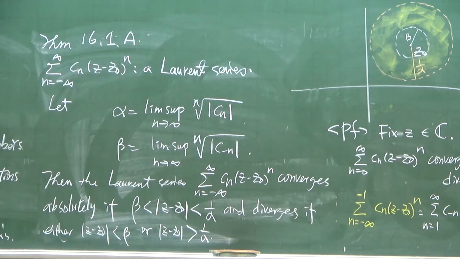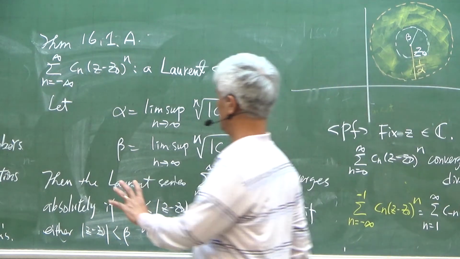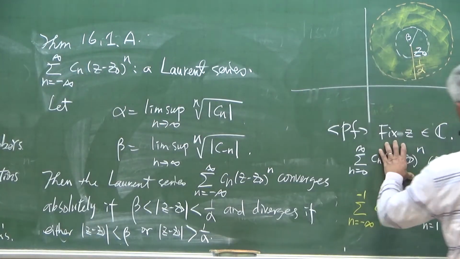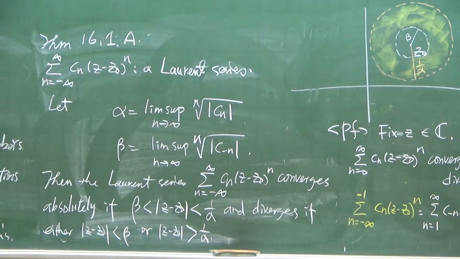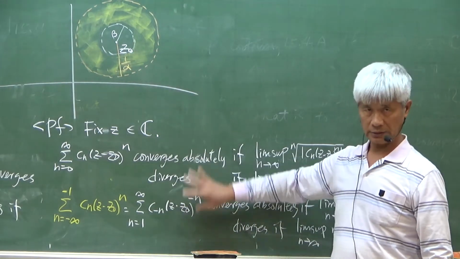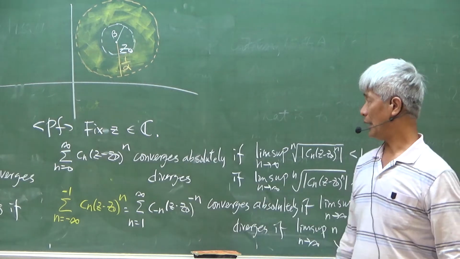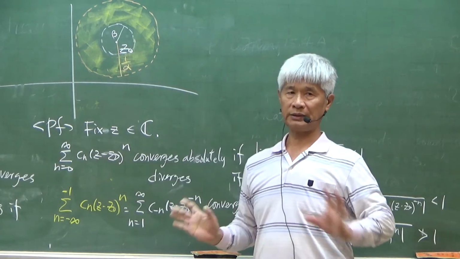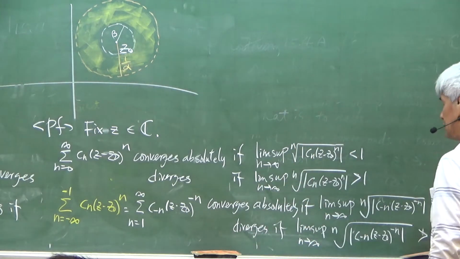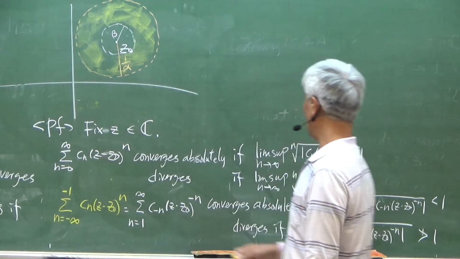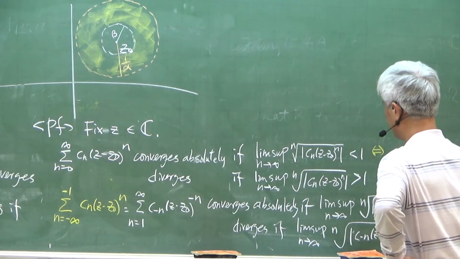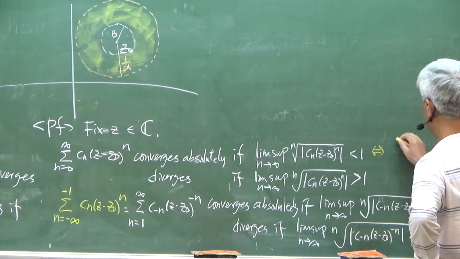Now, the Laurent series converges if and only if this part converges absolutely and this part converges absolutely, right? So they must be convergent simultaneously. Either one diverges, then the whole thing diverges. Okay? The whole thing diverges. So this is the situation we have. Now look at the convergence part. This is if and only if